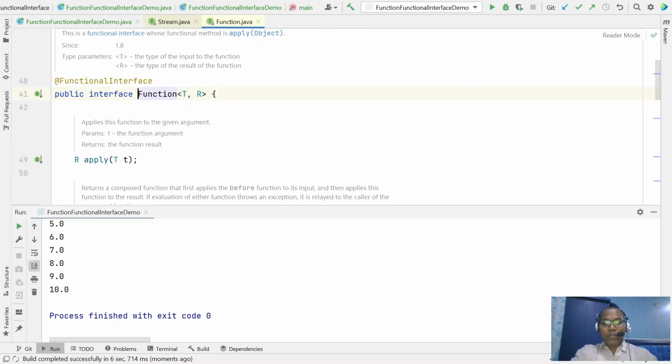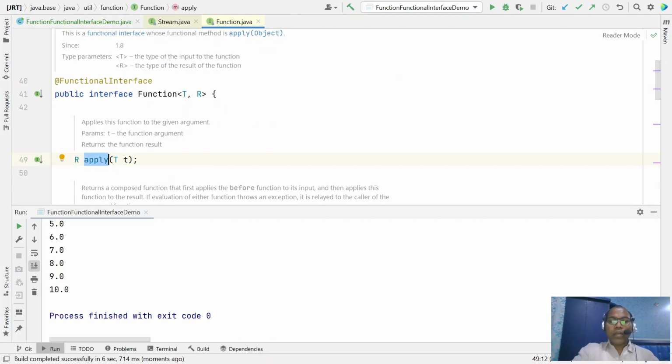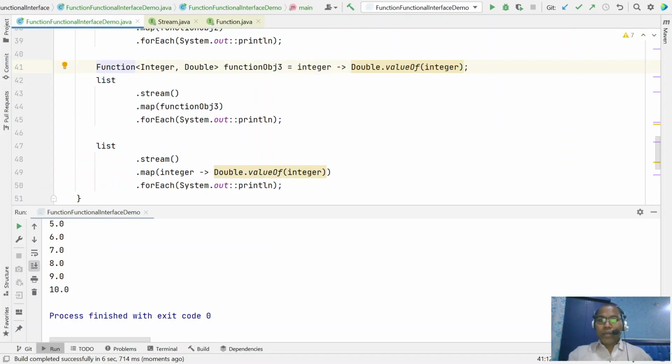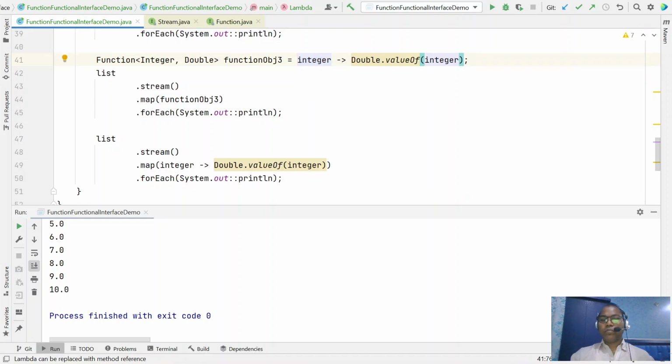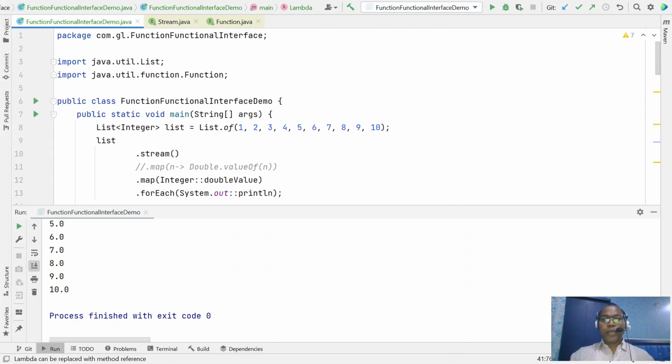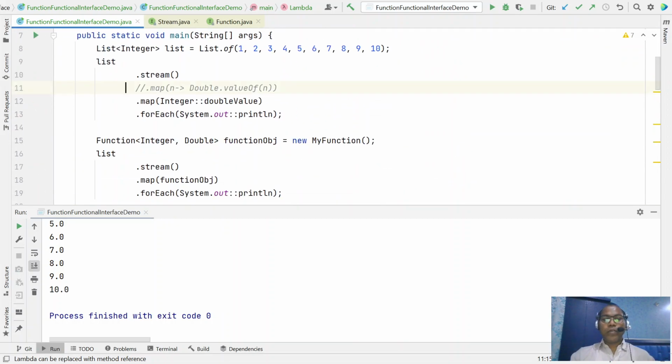This function interface defines one method, apply, that is an abstract method, takes input type T and returns R. We have given the same definition. This is the method that will take input and return output. The same point we have written here.